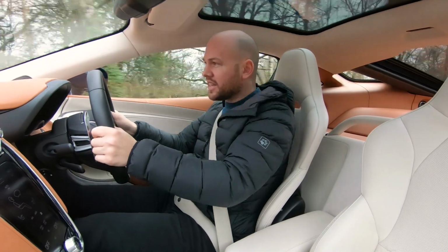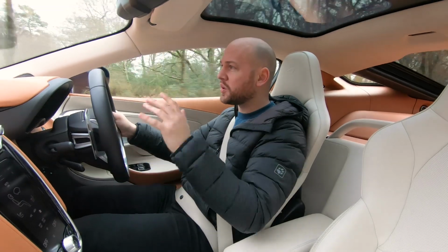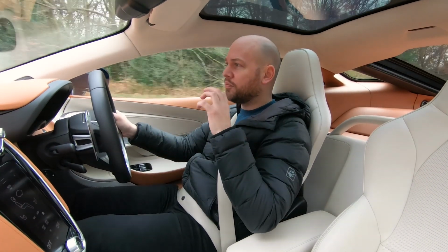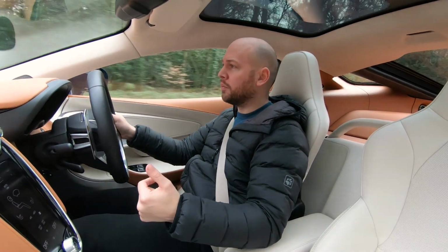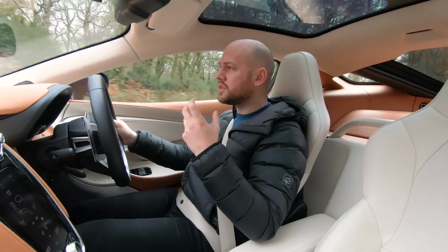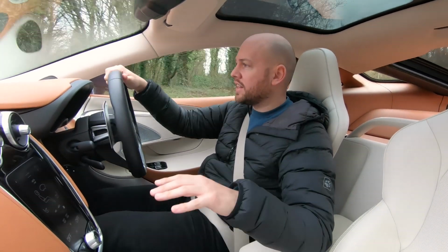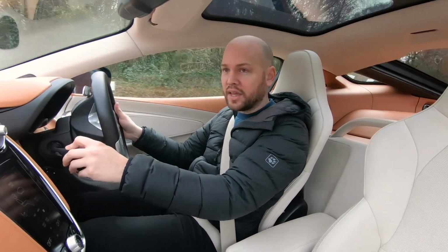It sounds really good, this car. I don't know why I'm so surprised. It's a twin turbocharged V8, so it should sound good, but in a weird way, because McLaren have made this like the GT, which is supposed to be quieter and more comfortable, you sort of lose some of that. Obviously, it's still a carbon tub like all other McLarens, but they've carpeted it and they've put leather everywhere, and it's sort of taken away the